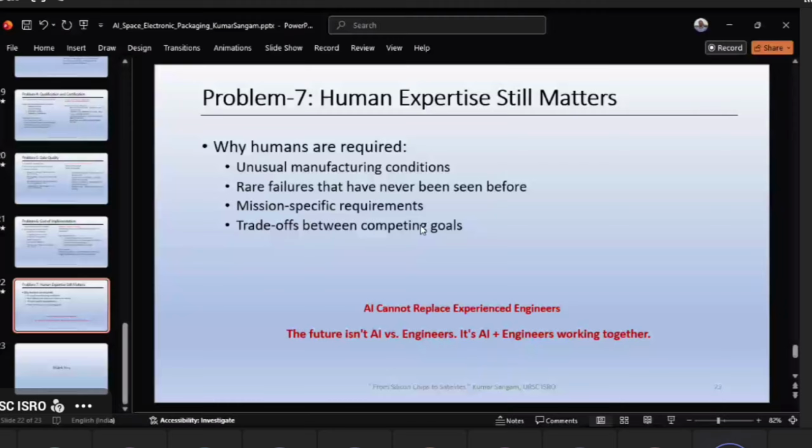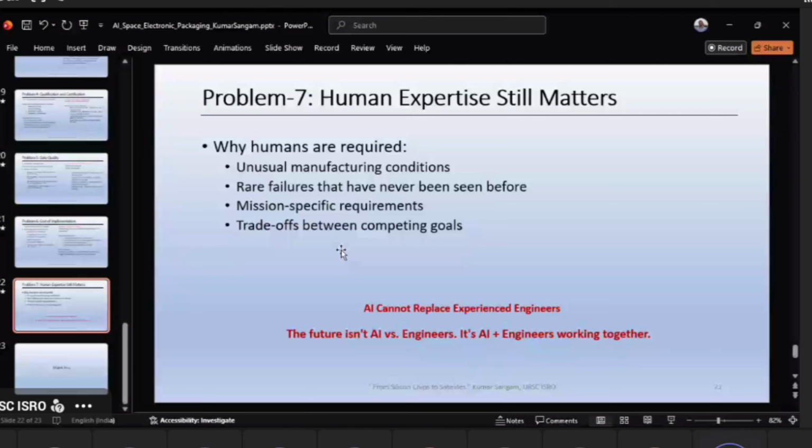And now there will be a trade-off between competing goals. Say the system requires computation to work continuously for 10 hours on the onboard satellite. But there is a sensor giving an alarm that if you work for more than 6 hours, it will fail. So what should you do, because you need 10 hours? There has to be some trade-off. That decision cannot be taken by AI. So a human still has to be there. I don't count it as a problem. Actually, I count it as an opportunity. AI will not replace experienced people, the people who have knowledge of their domain.